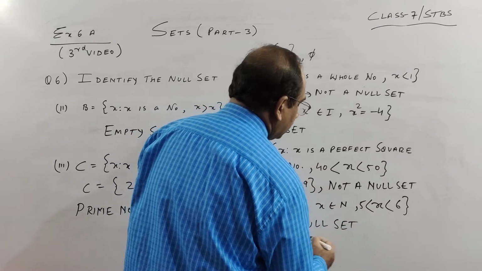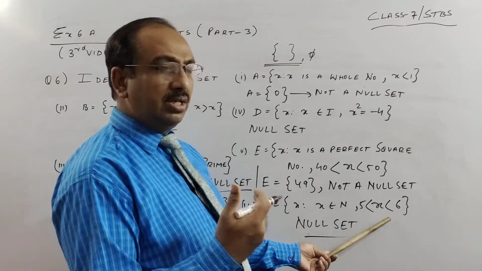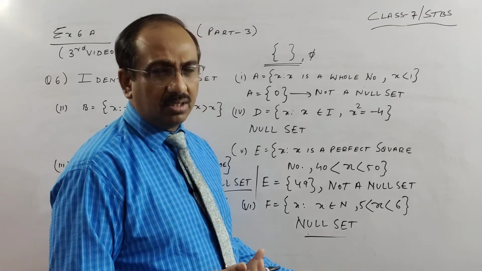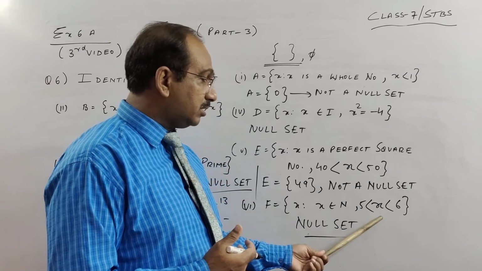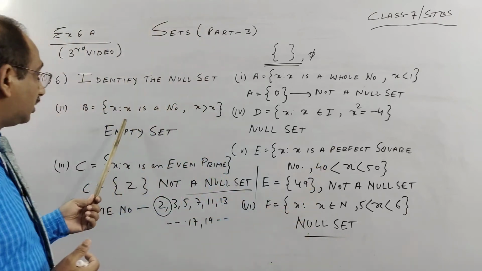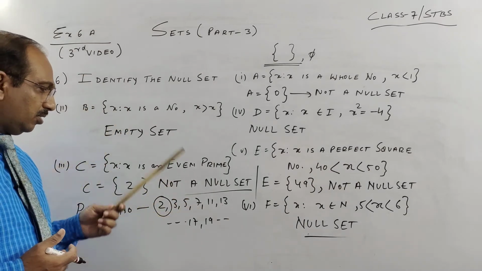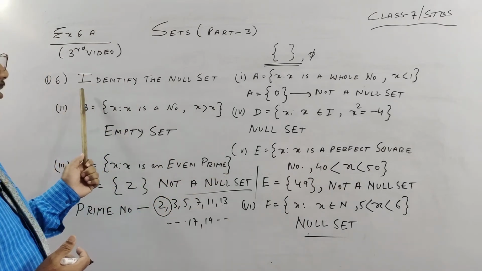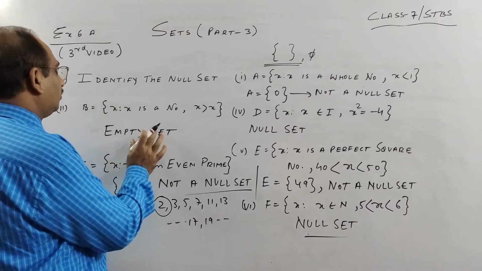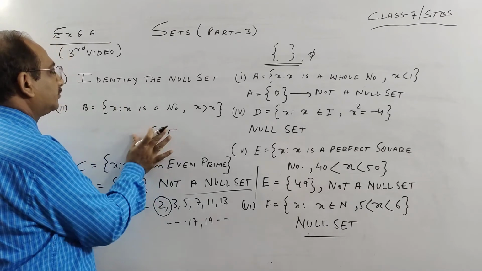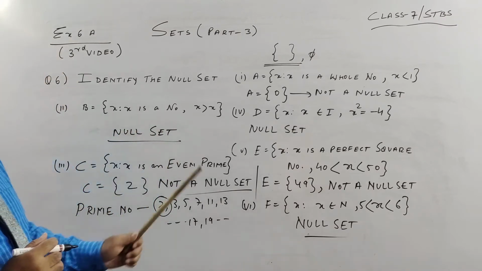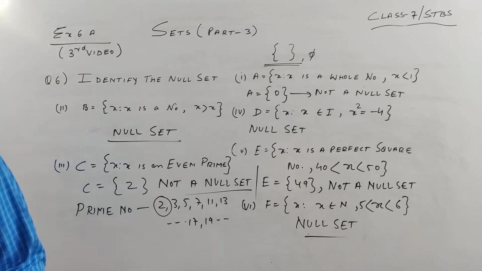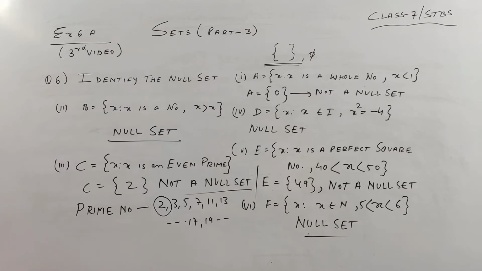A natural number after 5, 6 comes. We have no number in between 5 and 6. So there is no element. There are no numbers between 5 and 6 which are natural numbers. Remember, this is natural numbers. So finally, you can rewind and see, I have done all 6 questions from this question: identify the null set. So when they say null set, you say yes, it is a null set, empty set. Kindly pause the video and copy, then we move on to the next question.